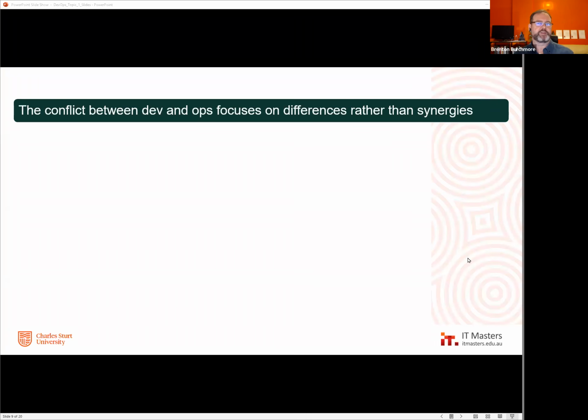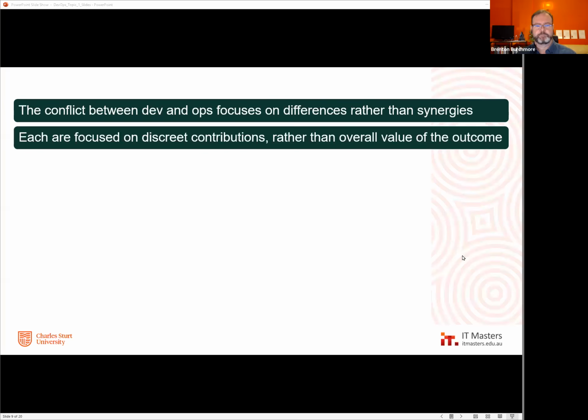A lot of that is to do with the fact that there is a persistent focus for certain teams on what's unique to them, what's different about a development team, and what's different about an operations team. And let's cling on to that. Let's champion that. Let's hold on to that. Well, yes, those differences are there, and they're valuable and they're important. But a way of blending doesn't necessarily mean we erode those differences. It means we leverage those differences. And when we leverage a difference, that's a definition of a synergy. And that's what DevOps is looking for.